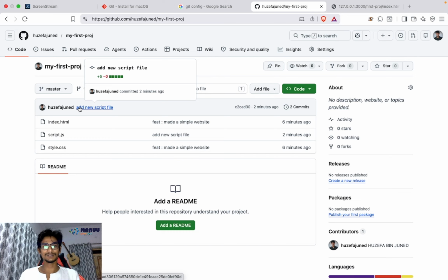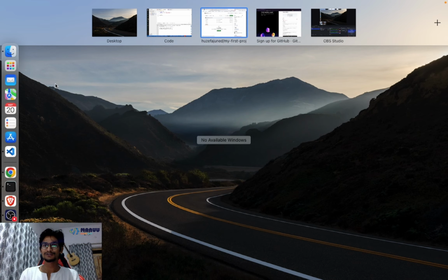So, guys, Git and GitHub is very, very important, right? Just keep working on Git and GitHub. Whatever project you are building, it doesn't matter, just try to use these things, right? Because the more consistently you use things, the more it will improve you. So that's it for today, guys.